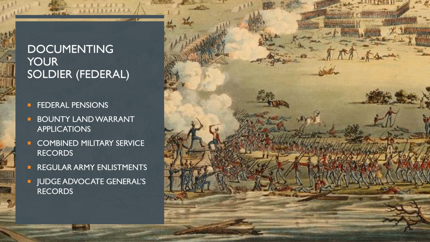For volunteer units in the regular Army, and when I say this, I'm talking about the volunteer regiments or federalized militia, you may also consult Series M602, the index to compiled military service records of volunteer soldiers who served during the War of 1812. That consists of 234 rolls and is available on Ancestry.com and FamilySearch.